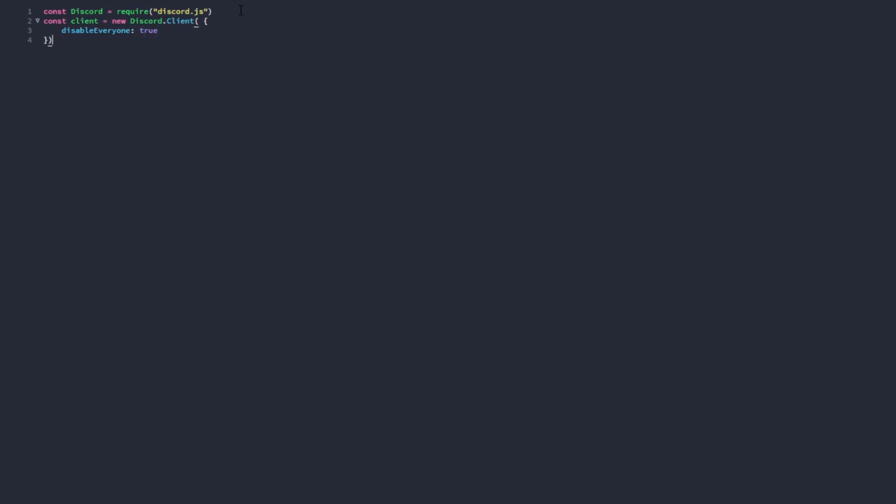So once you've done that, we can now create an onReady event so that once our bot is ready, it's going to tell us. We're going to do client.on, and client.on is an event. It's looking for events. So if this event gets triggered, run this function. So we're going to look for the ready event, and we are going to do an async arrow function, and then we're going to do console.log, and here, let's just do client username